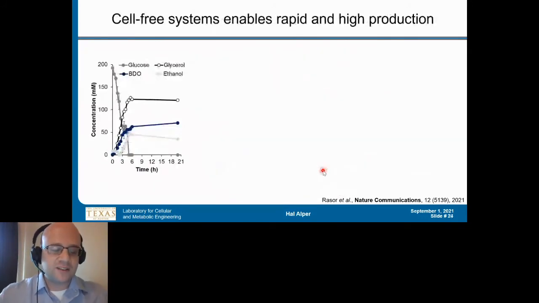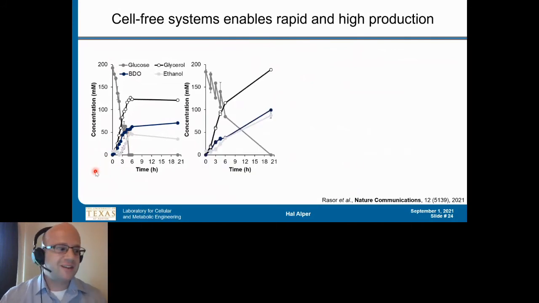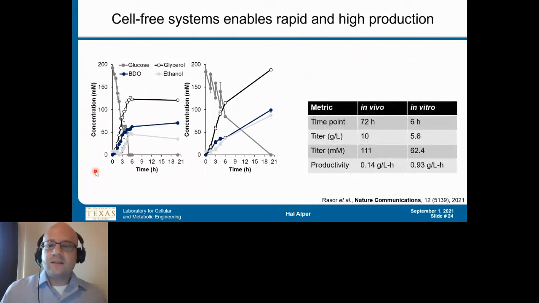When we do that, we can scale this up and look at a time scale, a time lapse, for this particular reaction. We very rapidly utilize our glucose and produce our BDO in a very short period of time. We can do a fed batch type of operation for this in vitro system to ever increase that total concentration. And at the end of the day, our in vitro system works much quicker than an in vivo system, and produces much higher productivity. So going back to the presentation from just a bit ago, the keynote this morning, looking at this idea of creating high productive cells, well, we can do that through these cell-free based systems.